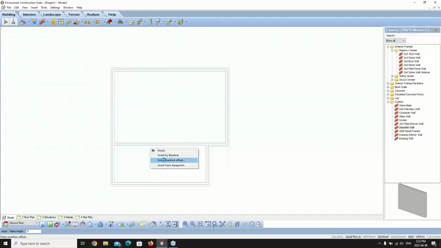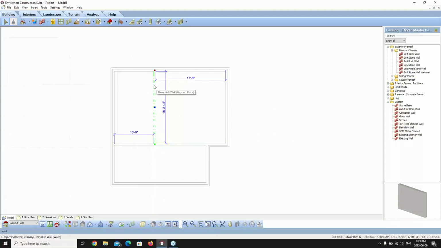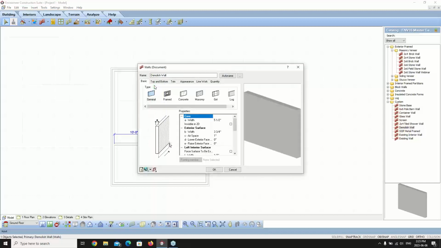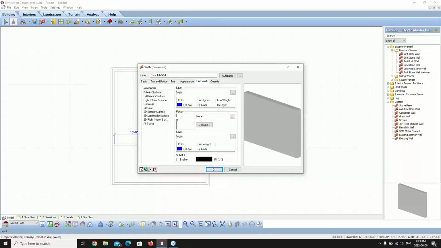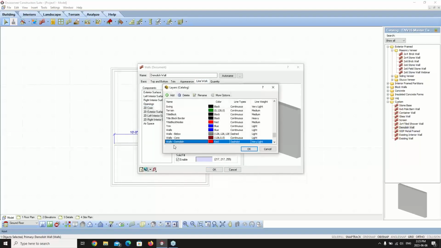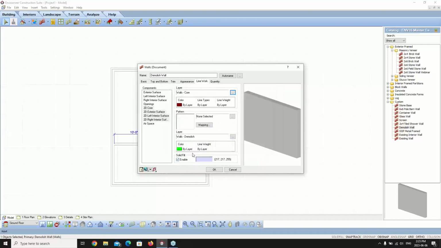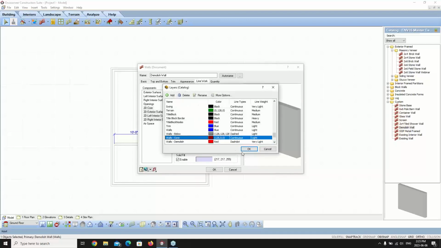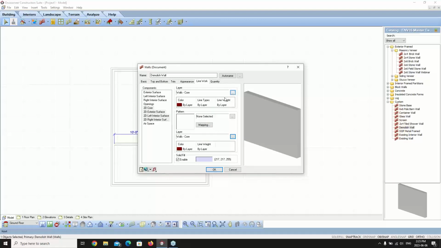And we're going to bring that in, enter insertion offset of 10 feet. I will look into that and see why that is not accepting that change. For now, I'm just going to make sure I change that manually here. And we're just going to go in and say walls core. I just want to see if I just need to adjust it here. And then we'll go back to